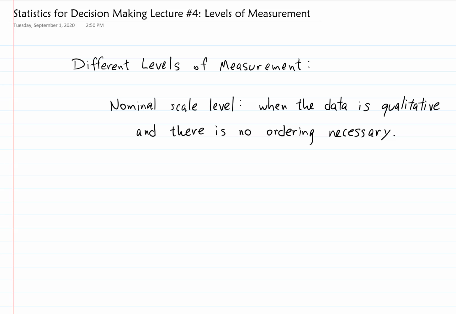Another level of measurement is called the ordinal scale level. And that's when the data is qualitative, but there is an ordering. At first it might be hard to think of an example, but I'll give you one.